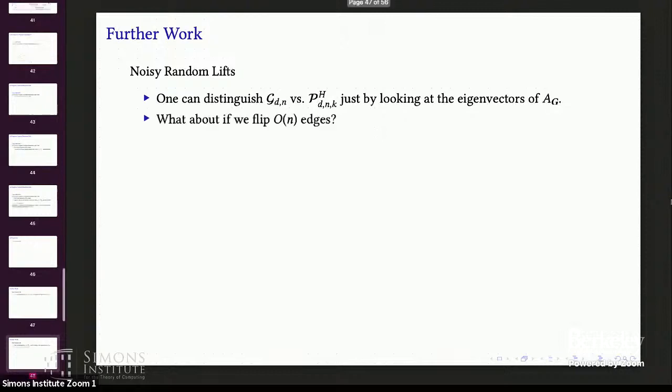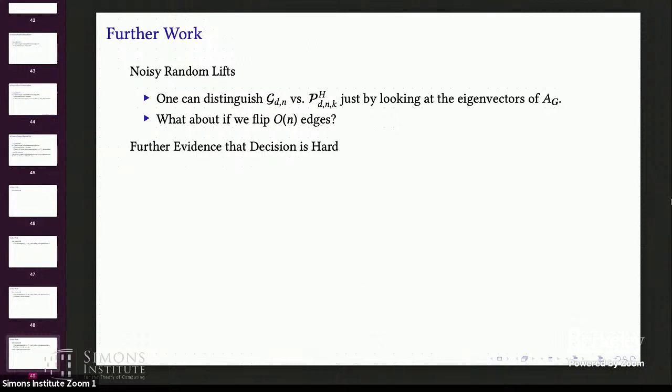Well, maybe you can just flip linearly many edges and this will go away. This also happens in lots of other situations, right? Where things like sum of squares can't see things like this. Like Gaussian elimination succeeds, but we also think the problem is kind of hard. Okay, so someone should maybe study this model.